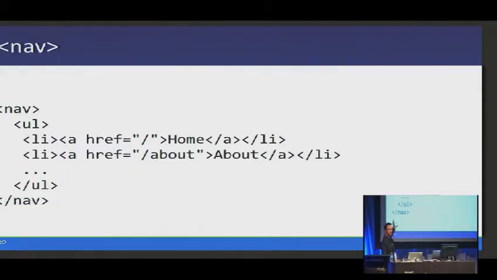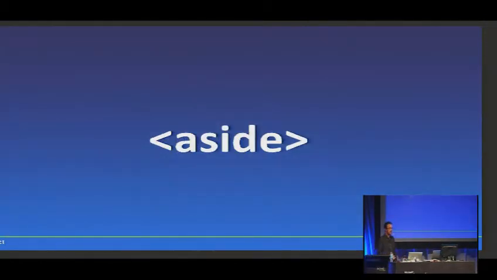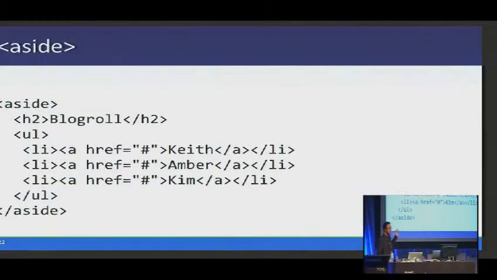You still need to use a list in your nav element, which is fairly standard. It helps accessibility and SEO, so don't forget your handy list. The next element in our toolbox is the aside element. And this, often used for tangentially related content. It's generally, the aside is considered separate from the main content, but somewhat related. This is an example of how that might be used. On a blog, you have your little links down the side. You could use your aside for that.